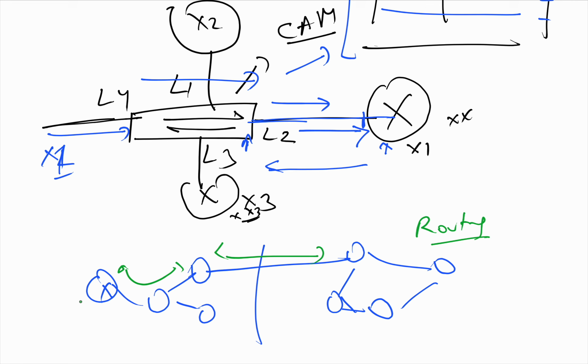How a packet is routed for a packet to reach from A to B. This is B, this is A. It is termed as routing, the way a packet propagates. Okay. And what are the common routing protocols we have?